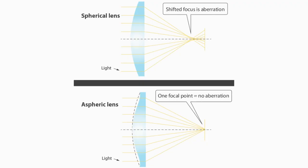Now, short focal length lenses are not ideal from a beam pattern point of view. So what we had to do is we had to switch to aspherical lenses to correct for optical distortion that would come out of the laser beam, and also to improve the quality of the image picked up by the detector. Now, once you've committed to tooling up for those kind of optics, you then have to make sure that